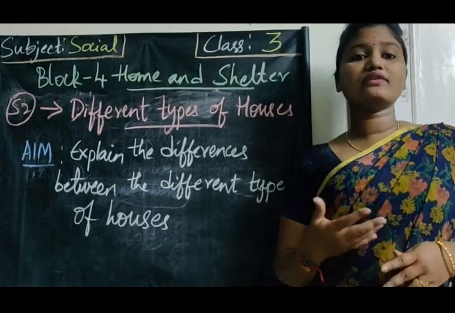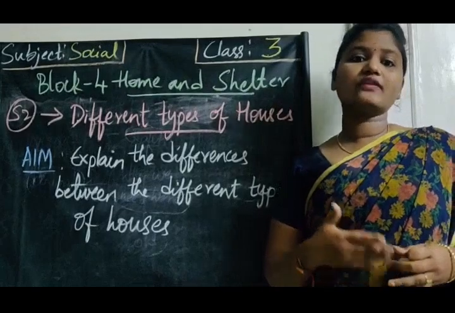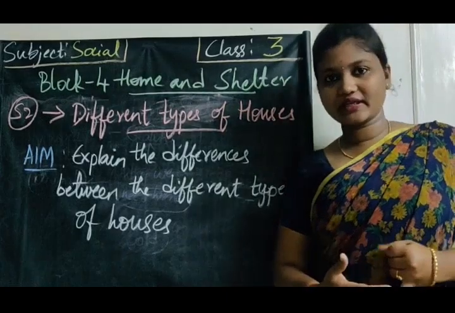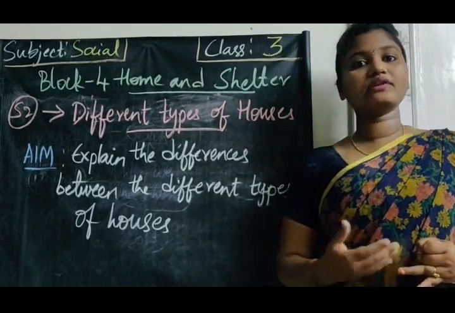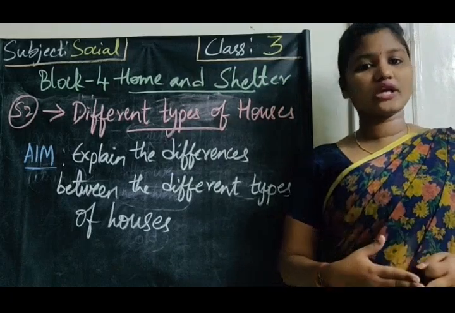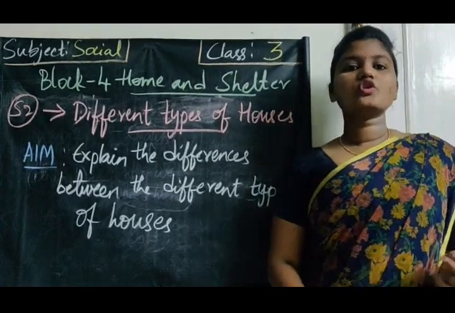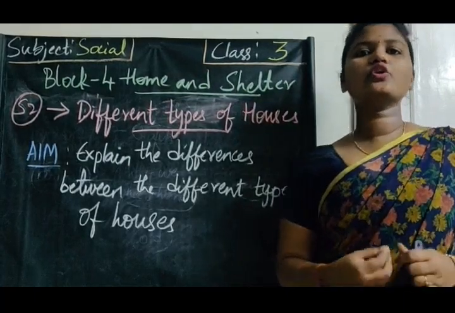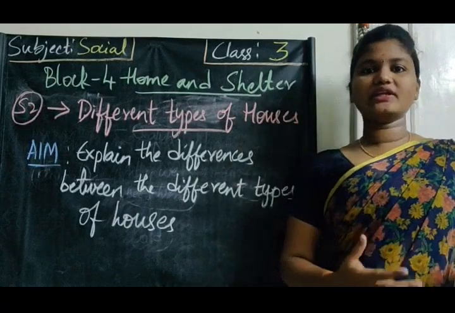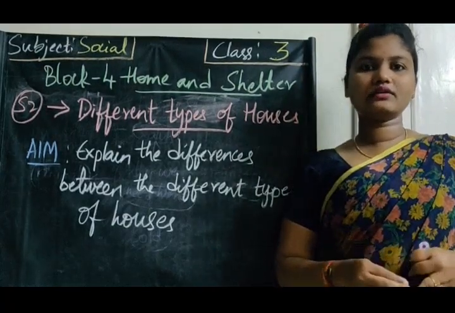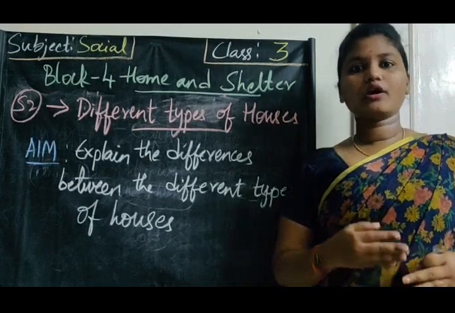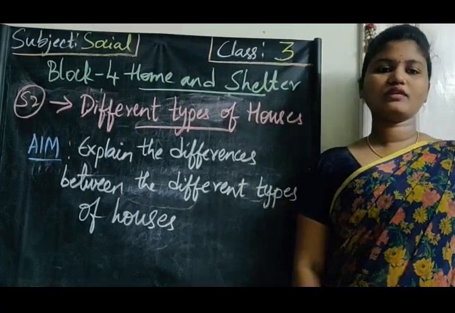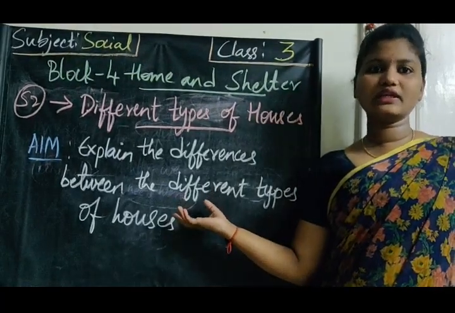Houses can have different shapes and sizes, and they can also be made of different materials. So what materials are used for building houses? Normally in the cities we use bricks, cement or metals, and on the windows and doors we use wood. Now in this topic we will read in more detail.